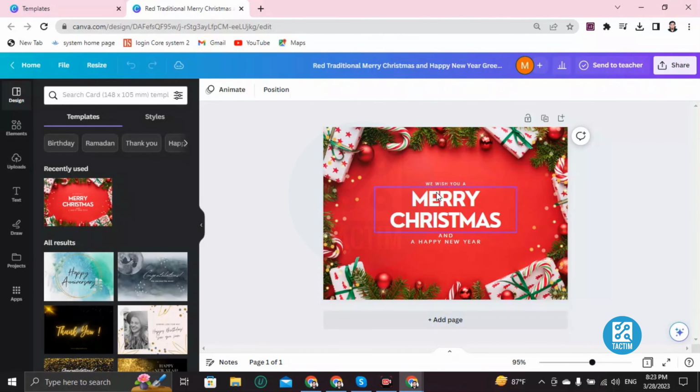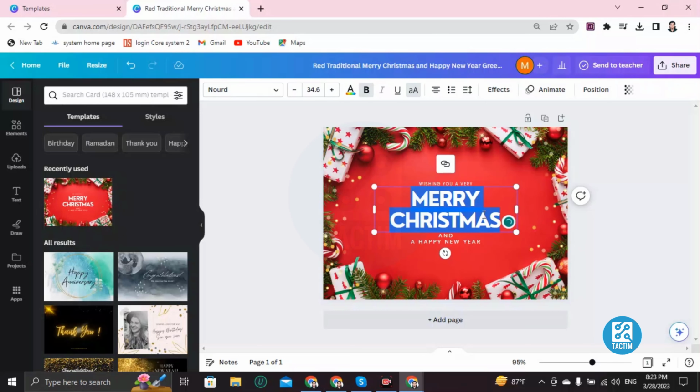You can change every portion you want, like I'm showing you. Just click on this, and if you want to change this, "We wish you a", just double click and press backspace. It will be removed, and write your things like "wishing you a very". Okay, so if you want to change this, double click on this and press backspace. It will be removed, and you can write here Eid Mubarak,